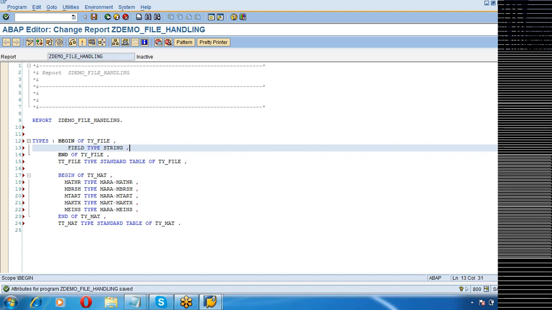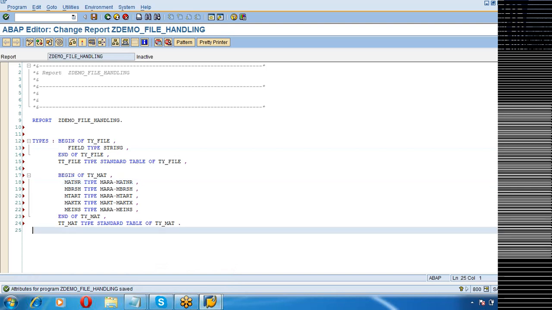The name is field, type string, so it can have any length. Whatever value you get from the file, the entire length will be mapped onto that particular field. That is the reason we do something like this.